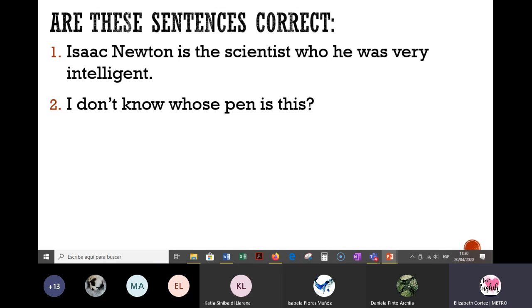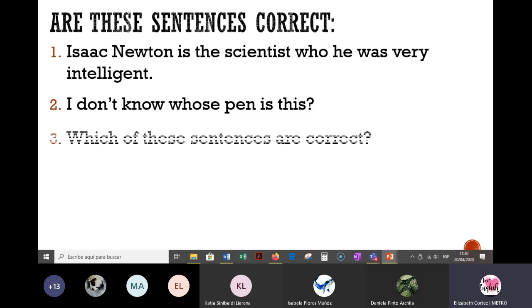Katia Hernandez. Hi, Katia. Please read number 3. Which of these sentences are correct? Is that question a question with a DRC? No, it's a question without DRC. It's a regular question. Is this question grammatically correct? Yes, but it's not a question with a DRC. So again, even if you have the relative pronoun which, that doesn't mean that this question automatically has a DRC. Be careful with that. Thank you, Ms. Hernandez.